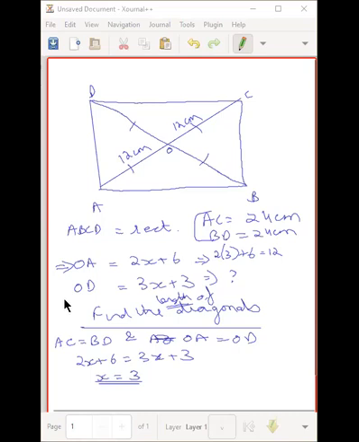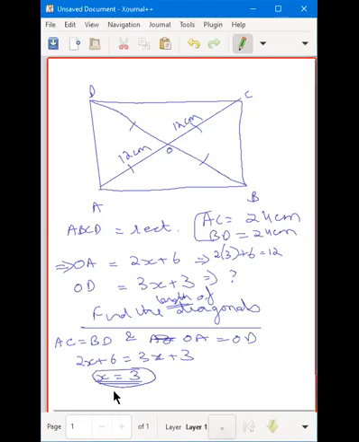Where did you go wrong? Sir, I made the length half. You got x as 3, right? Yes. So you just needed to put it back into this equation over here, so you would get the length of OA. You got 12 centimeters here. So don't you need to double this to get the entire diagonal? Why did you reduce this further?